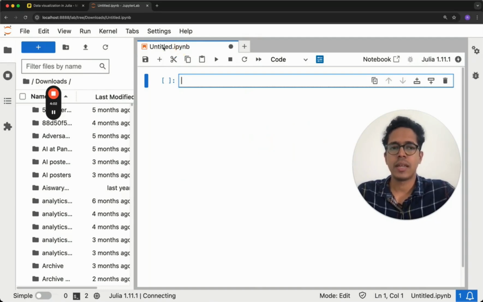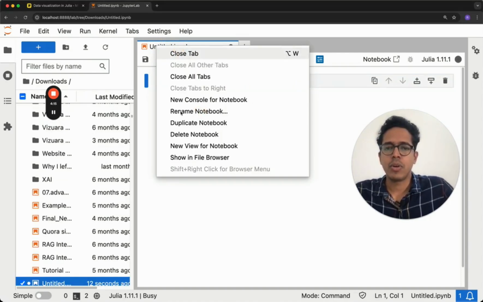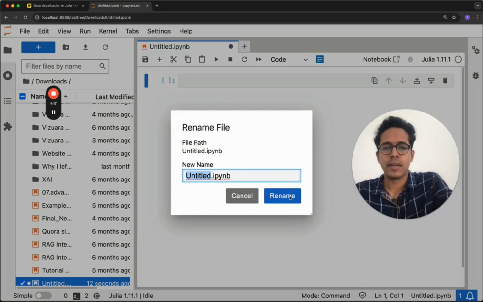So then it opens as a notebook like this, and I can right click on this title and where is my renaming? Yeah, rename notebook. And here I'll just simply write data visualization. IPy notebook is not needed. So data